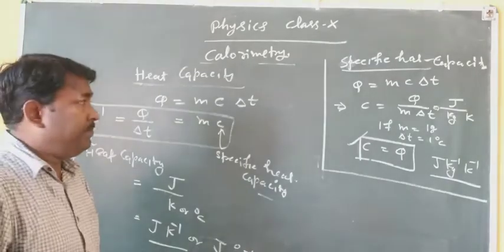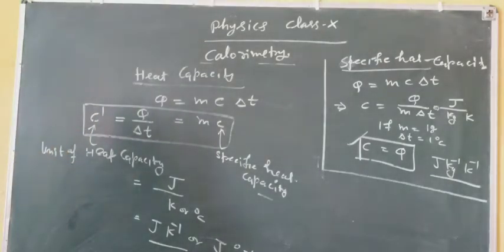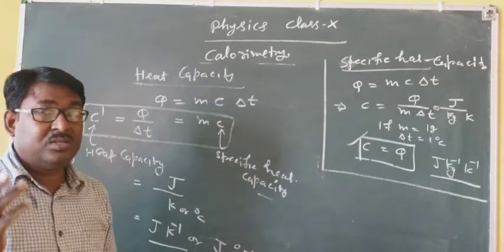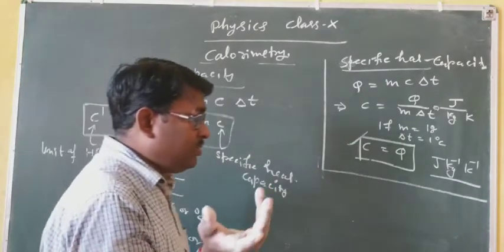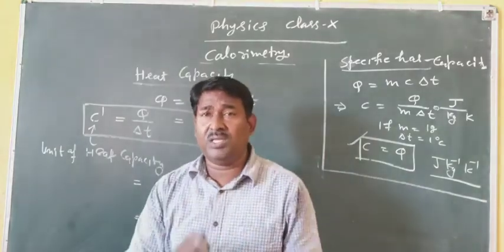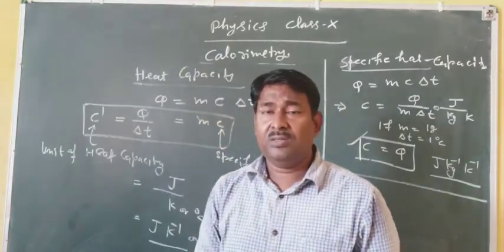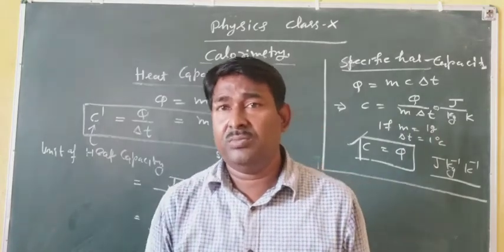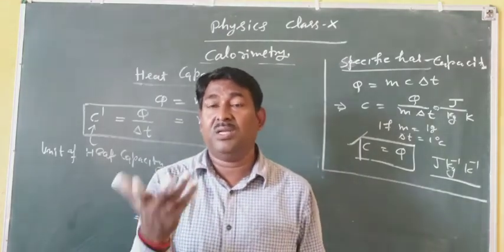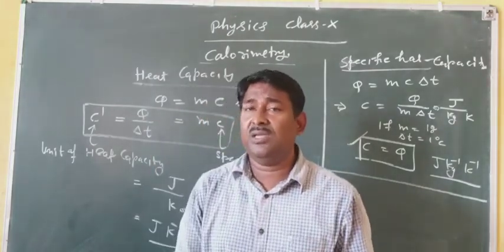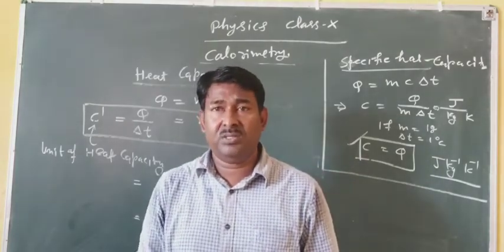Okay, and heat is measured by the principle of calorimetry, while the temperature is measured by what? Thermometer, right? And already we have talked that if two bodies have the same amount of heat, they may differ in their temperature, and vice versa. It means two bodies of the same temperature may differ in their heat. So these are all the differences between heat and temperature.